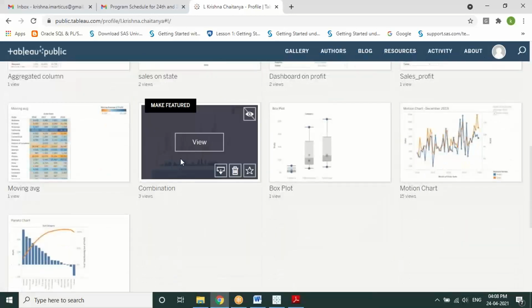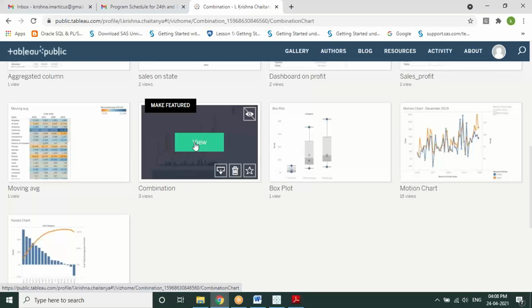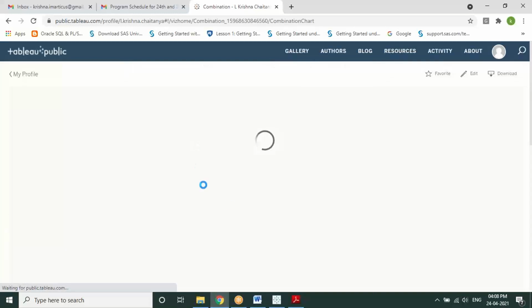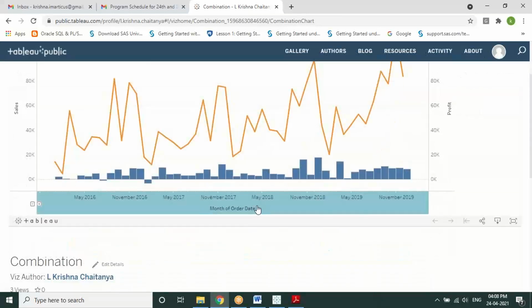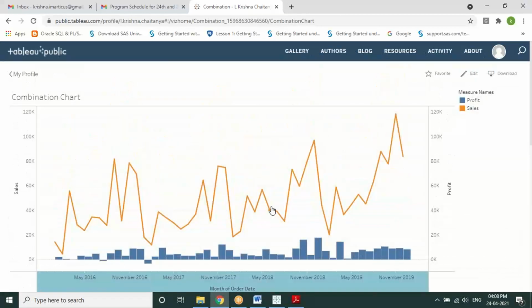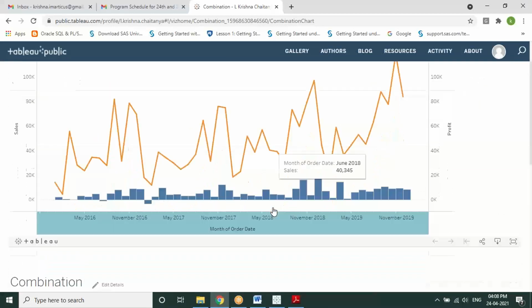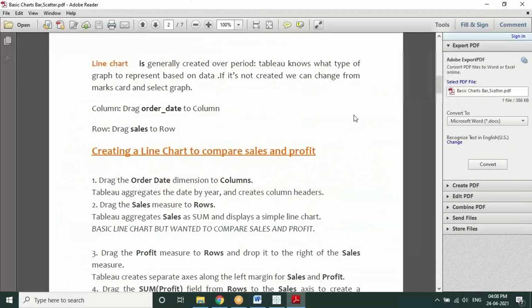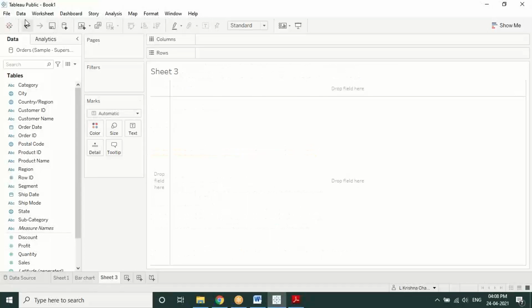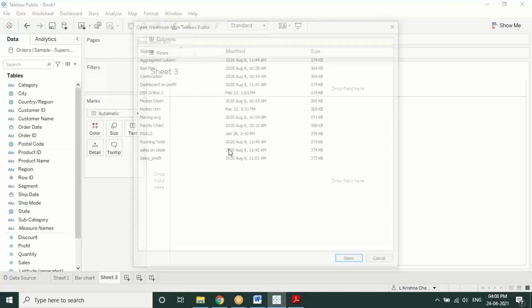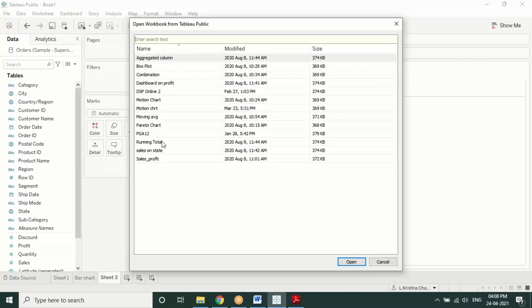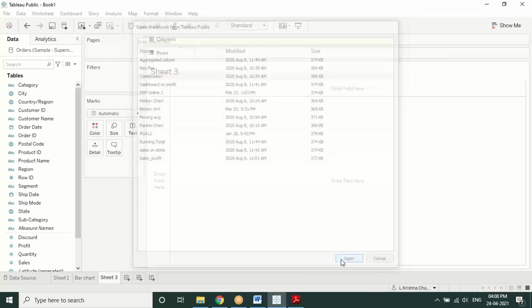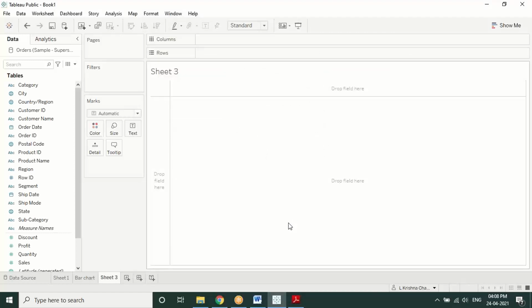For example, let's say you can call combination here, right? I'm just opening it. So this is from my Tableau. Here you are able to see only one sheet, which is available on this, right? But when you go back to Tableau and say File, Open from Tableau Public, I get the list of all the sheets which I have saved into it, right? If you click on this combination and say open,